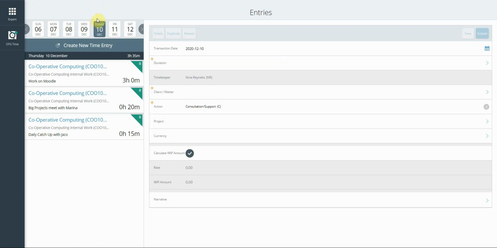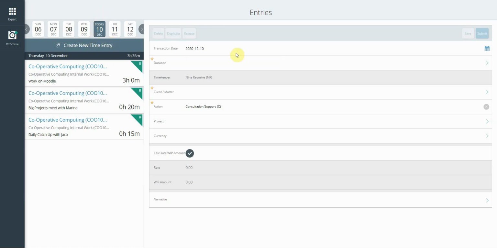So I'm just going to do a very quick overview of how to do a time entry. This video is simply how to create a quick time entry using on-the-go time. I'm then going to talk a little bit further about the various fields. So first of all, when we go into the site, you can see that we will land on today's